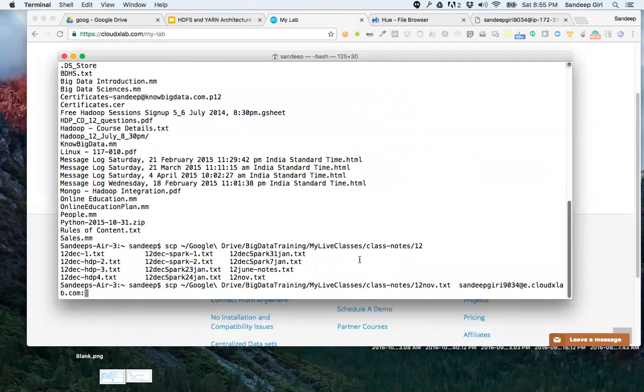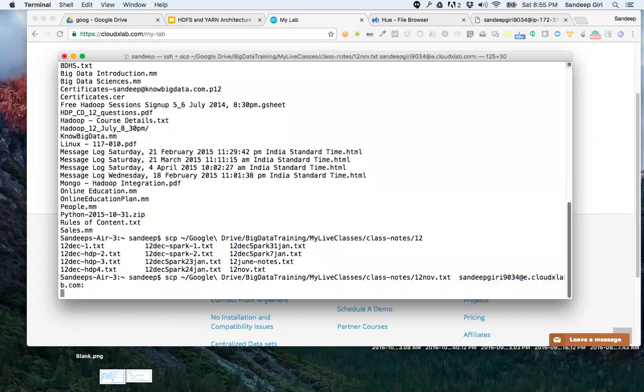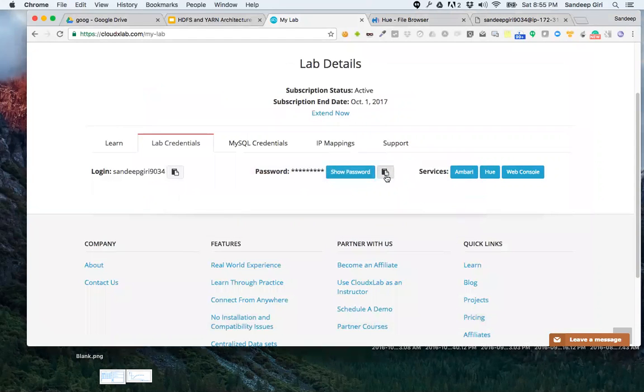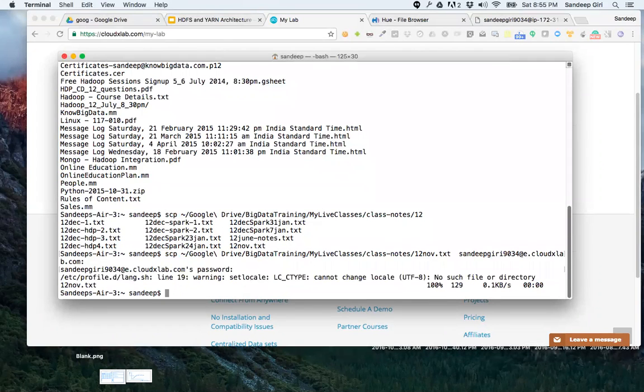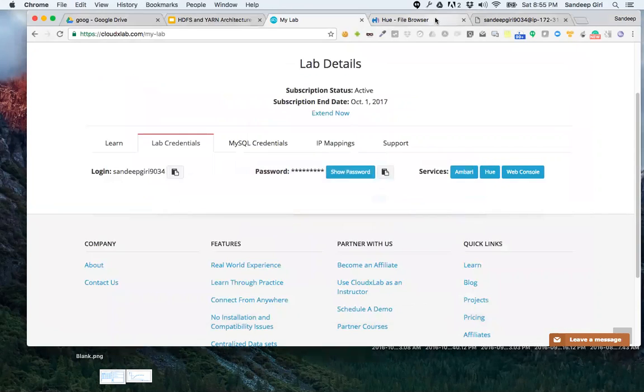I'm saying copy this file to this host. It will prompt me for the password that I will copy paste. Now, this 12th November has been copied to my web console.